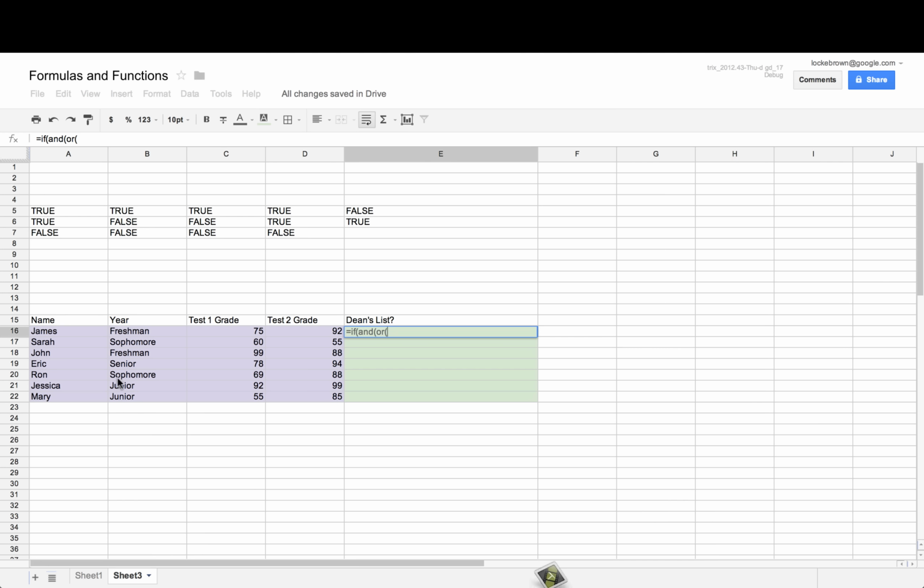So we'd say or, and then we'd say he is either a freshman or he is a, and that's supposed to be junior or senior. So let's junior or senior. Close our or statement, parentheses, and